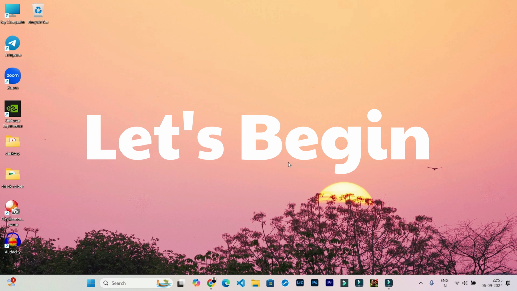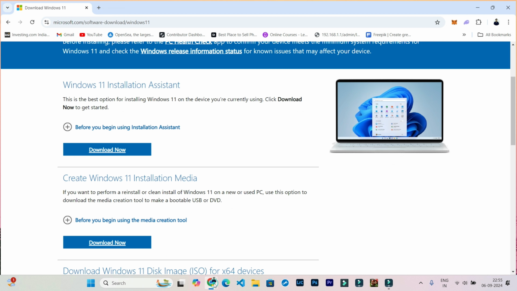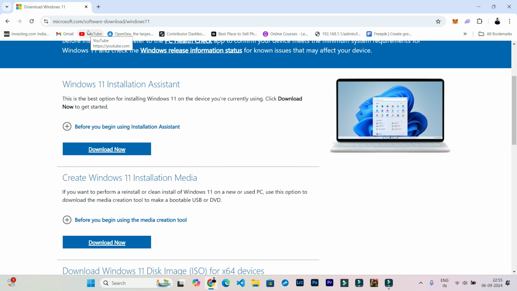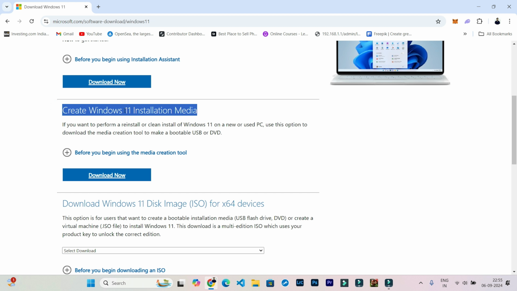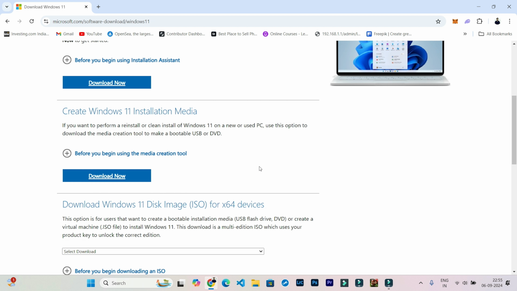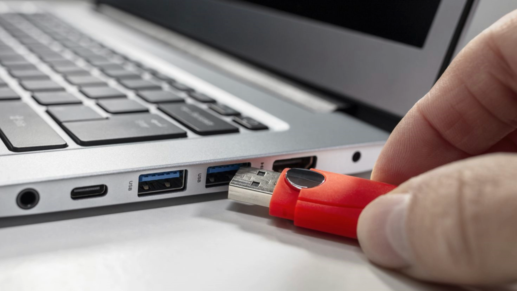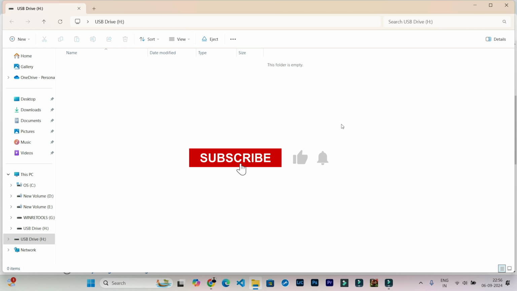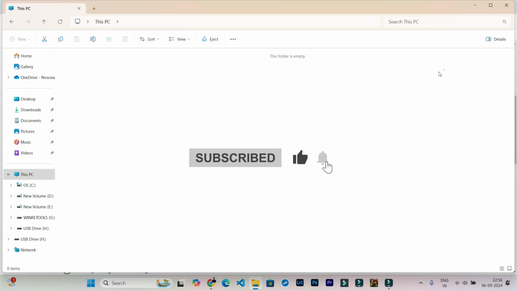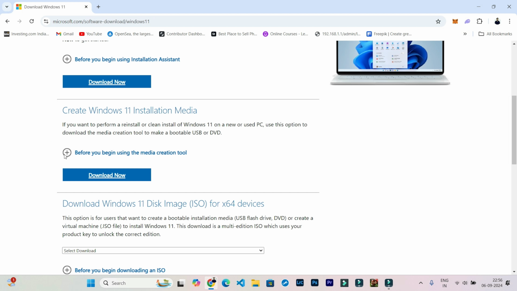Let's begin. So first you need to open this website. I have given the link in the description. Go to this section, create Windows 11 installation media, and plug in your USB drive into your computer. This is my USB drive. It has no files, but if you have files in your USB drive, make sure you create a backup for those files. So click on this download now